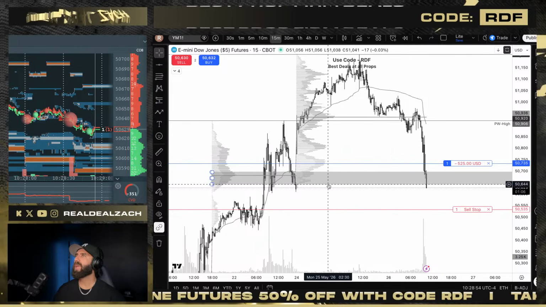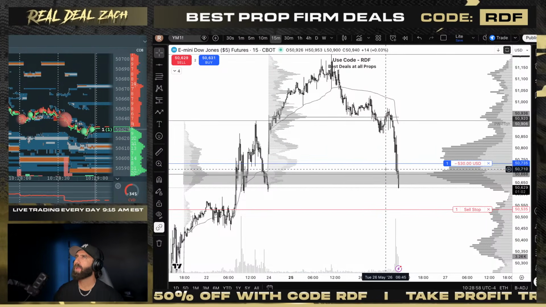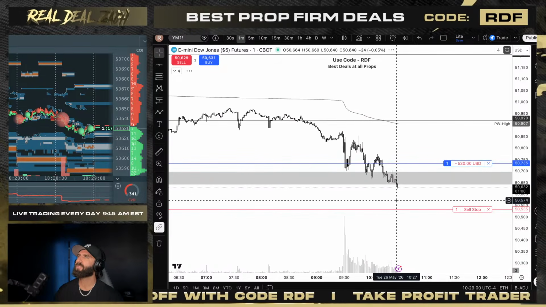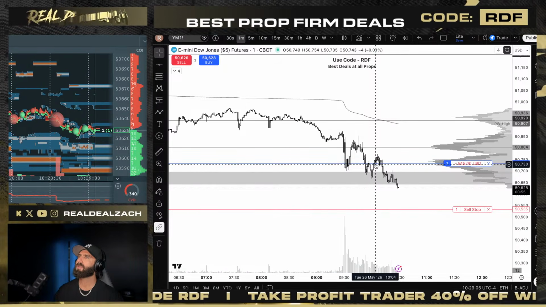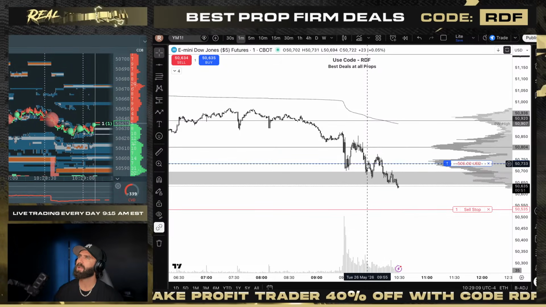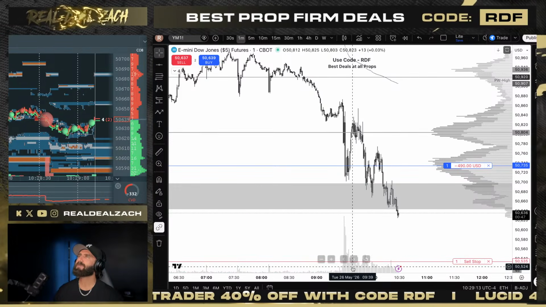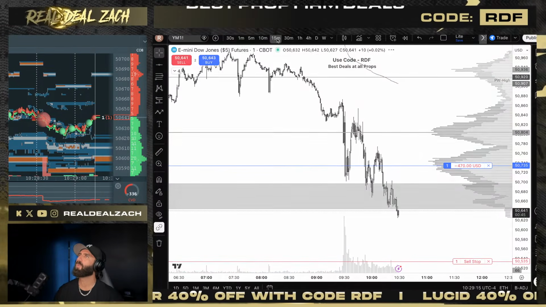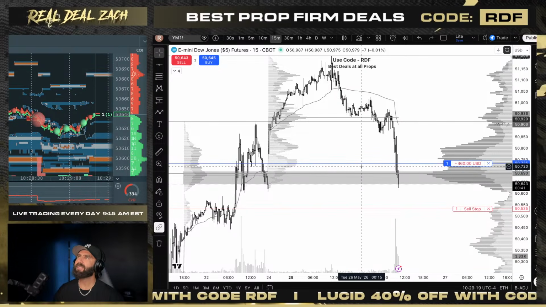Yep, came down. We got all the way down to this area that I did want off of the open. Took it more aggressively as we started to pop after testing a second time, sweeping these lows. I got long somewhere in here, can't remember exactly what time, I think right before 10 a.m., looking for a move back up towards VWAP, that classic mean reversion trade that we get off of YM so beautifully. But maybe not today.